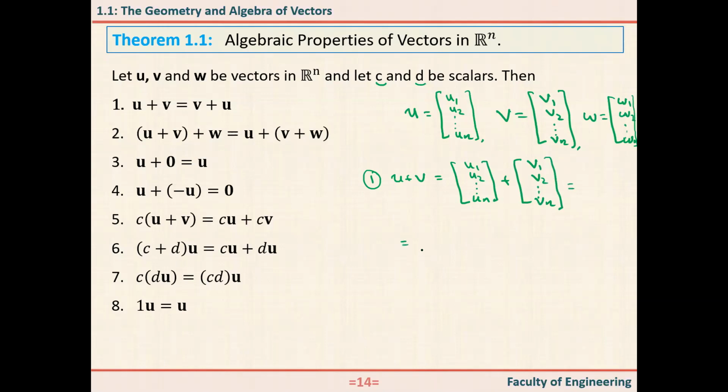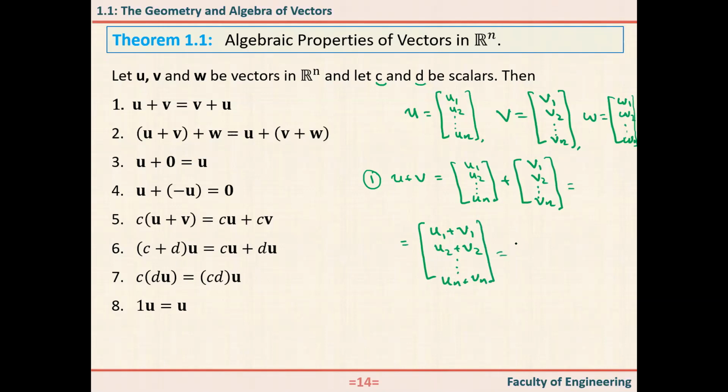Now what is the definition of addition? To add two vectors, we need to add their corresponding components. So here we have u1 plus v1, u2 plus v2, dot, dot, dot, un plus vn,